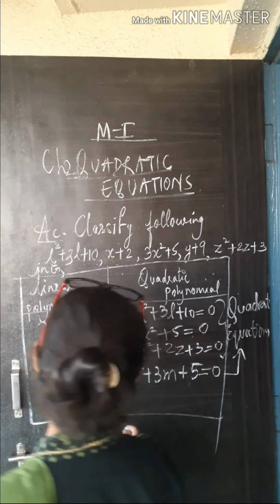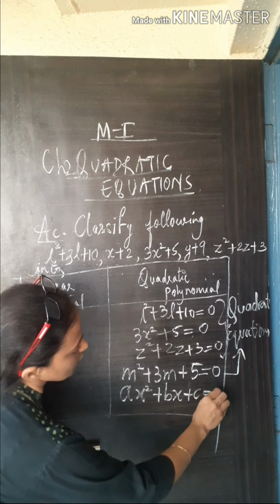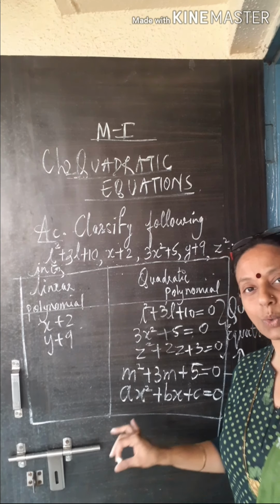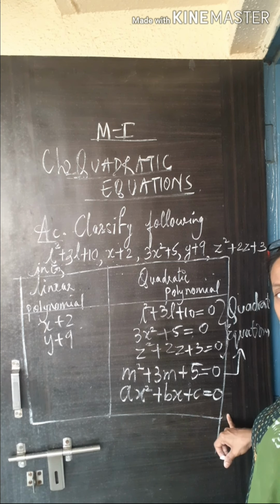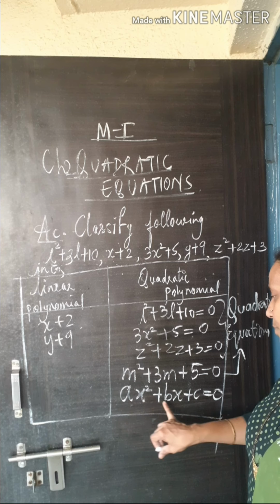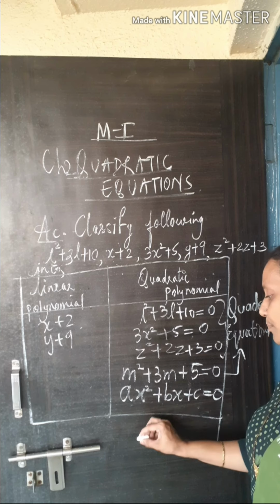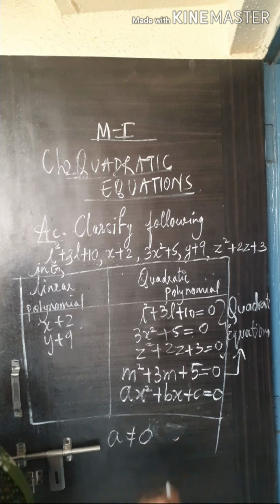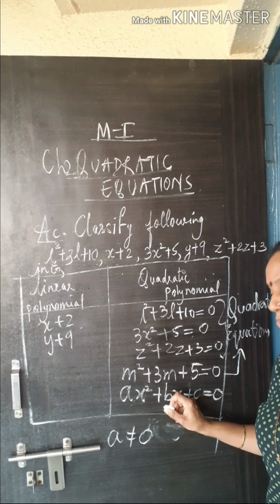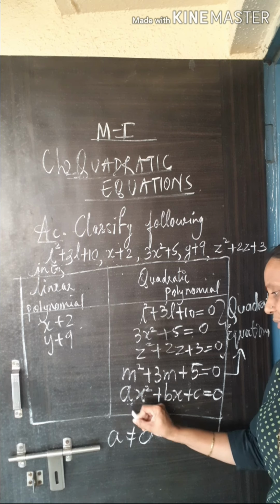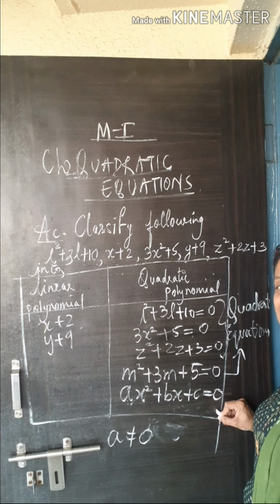That means any equation which is having the form ax square plus bx plus c equal to 0 will be called as quadratic equation, where a, b, c are real numbers. So a, b, c can be any number, and what is important is a is not equal to 0, because we need x square. Only when x square is there, it will be called as quadratic equation. If a is 0, then x square will be 0, there will be no x square in the equation and it will not be called as quadratic equation in that case.